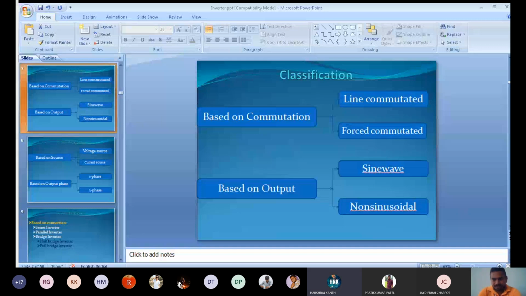Sir, when less current than holding current is getting by SCR. Okay. What is the definition of holding current? The current, minimum current required to hold the SCR in on condition. On condition, yes. Whenever the current flowing through the SCR becomes less than the holding current, at that time the SCR becomes off.